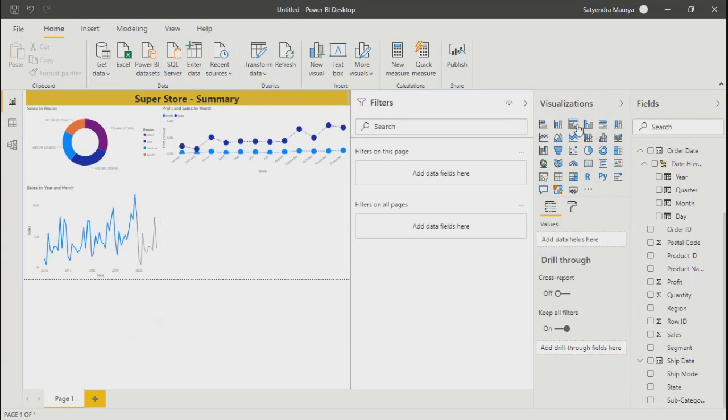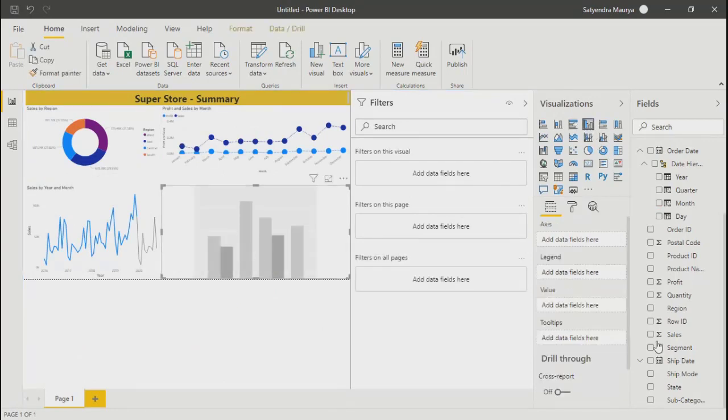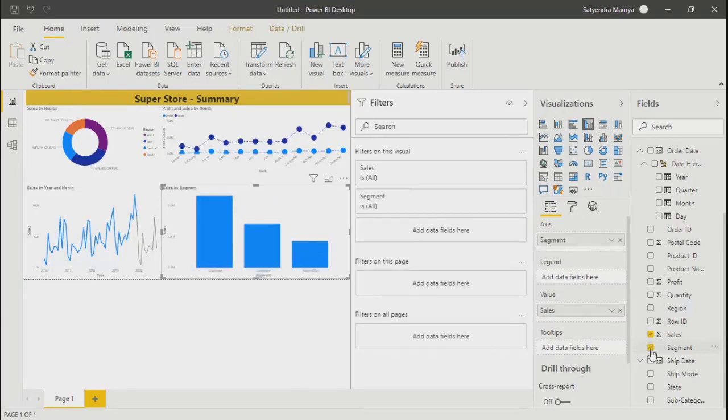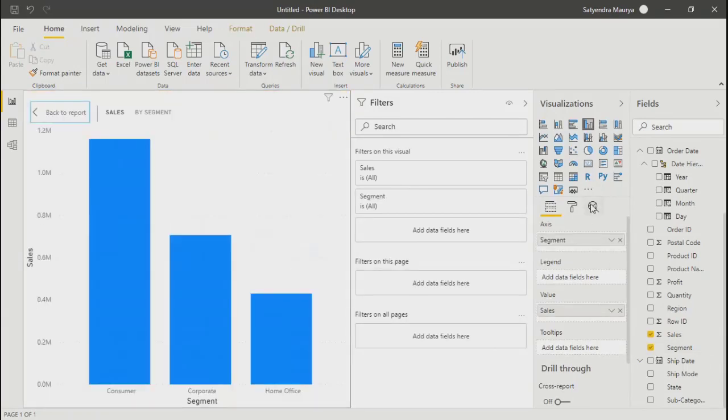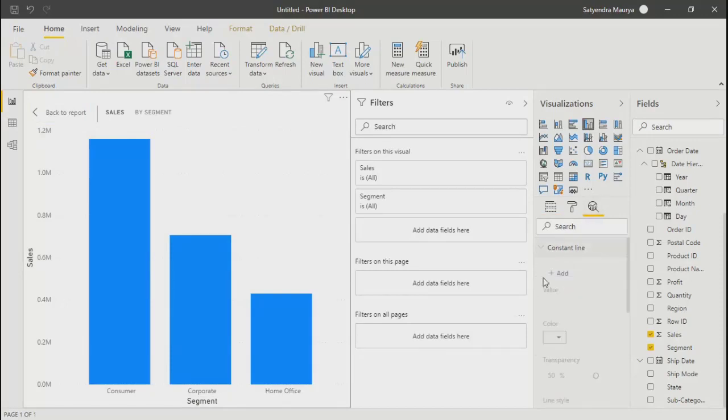So let me add one bar chart over here. We'll add, let's say, sales and segment, three segments. We'll do focus and let's go to analytics. So constant line. If you add a constant line, the value you want to give, maybe let's say your data is around 1.2 million. So let's say if you want to show a line at 1 million,